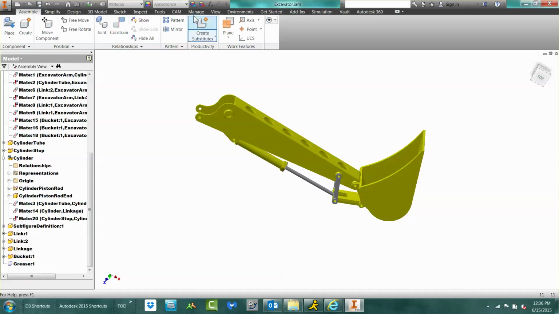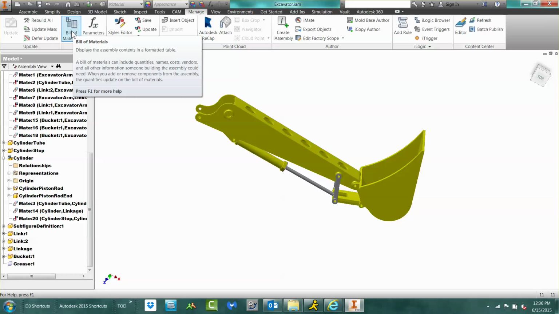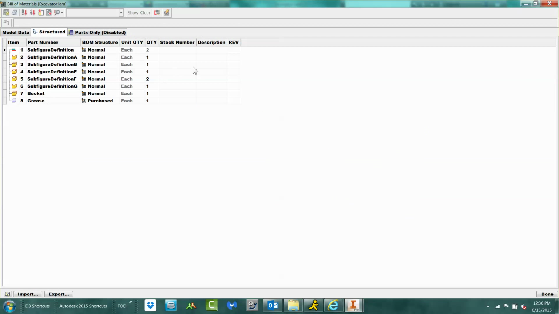Now, how do you want this to look in your bill of materials? Well, at this point you can customize it in your Manage tab and go to the tool in the Manage panel that says Bill of Materials. And right here you'll see that you have different things that you can change, what the quantity is going to be, and in the event that you need to change it, perhaps you want the volume of what it's going to be, then you can go here to the column chooser